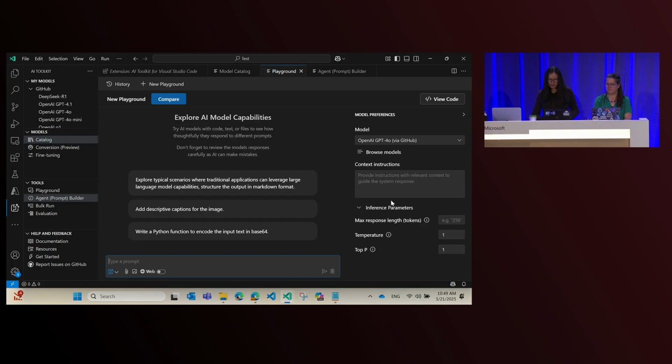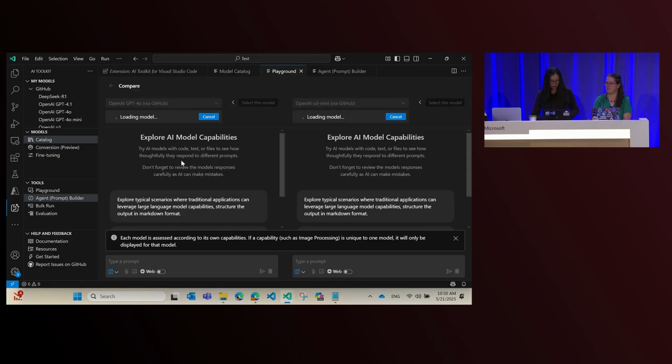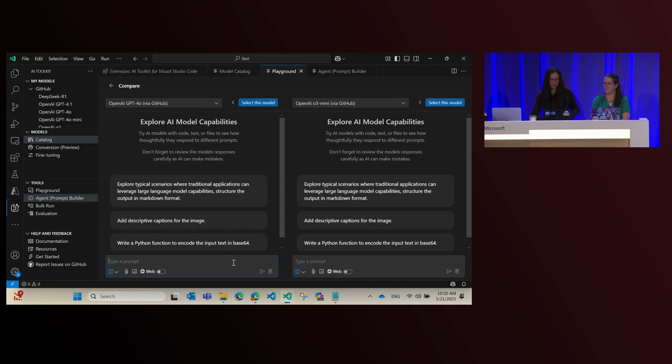So on the right-hand side, there are model instructions and settings, and we also support attachments as well as the ability to search the web. So it's a pretty rich playground. But why stop there? Because I want to be double productive. So I'm just going to bring in another model so I can look at both at the same time, side by side. So let me pick a reasoning model. I heard O3 is good. So now I have a side-by-side view.